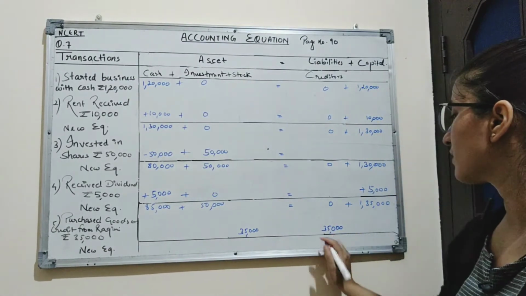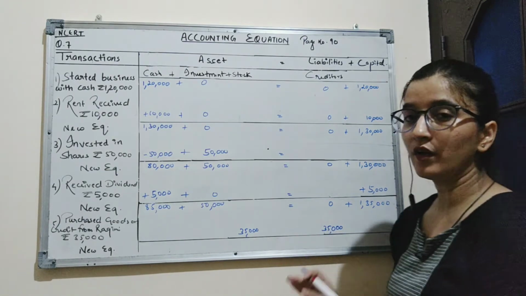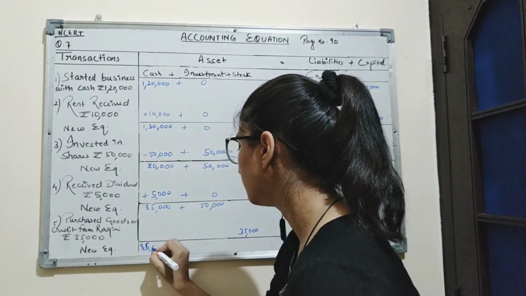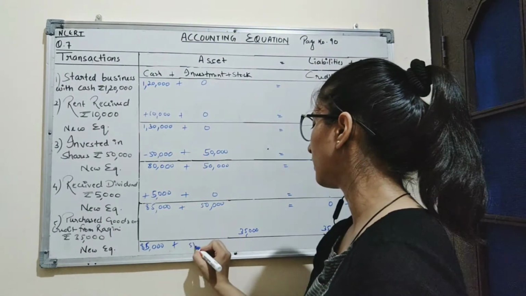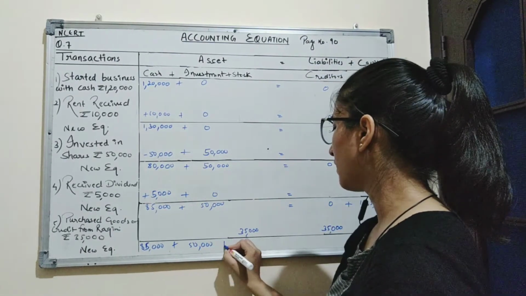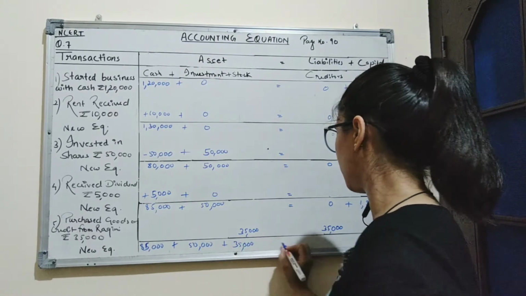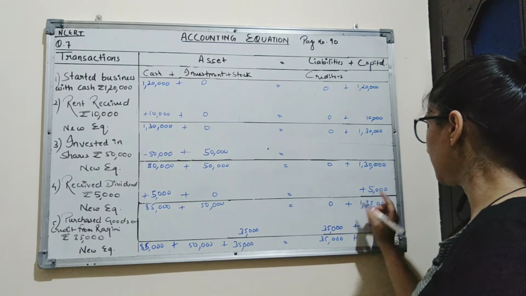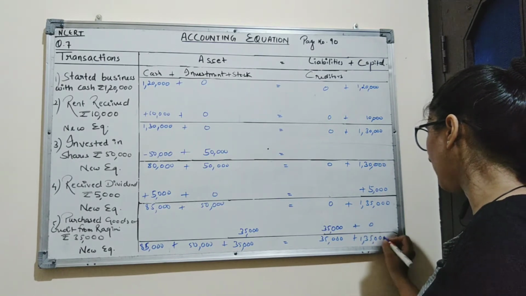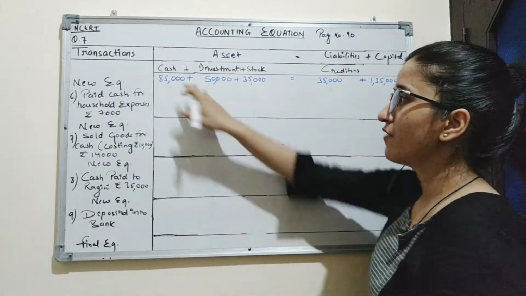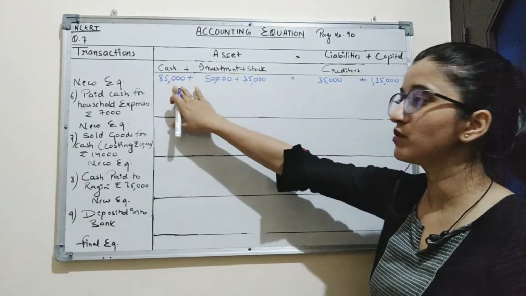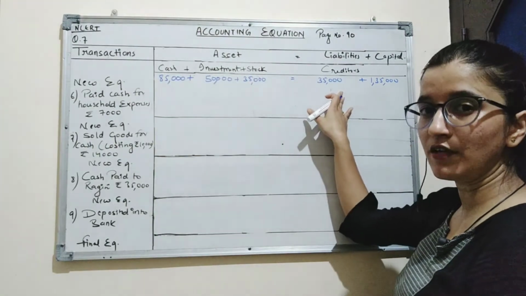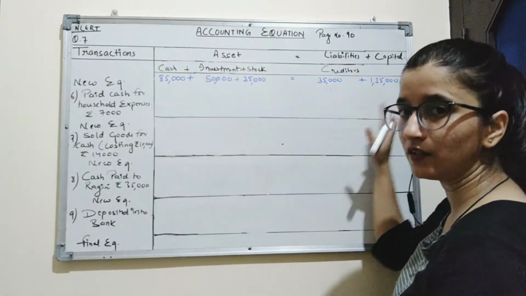So liabilities are increased with the amount 35,000. Now here, solving these two equations, we will get 85,000 on cash column, 50,000 on investment column, 35,000 on stock column, 35,000 on creditors column, and capital amounting to rupees 1,35,000. So here I have carried forward the last equation where cash amounting to 85,000, investment 50,000, stock 35,000, creditors 35,000 and capital rupees 1,35,000.